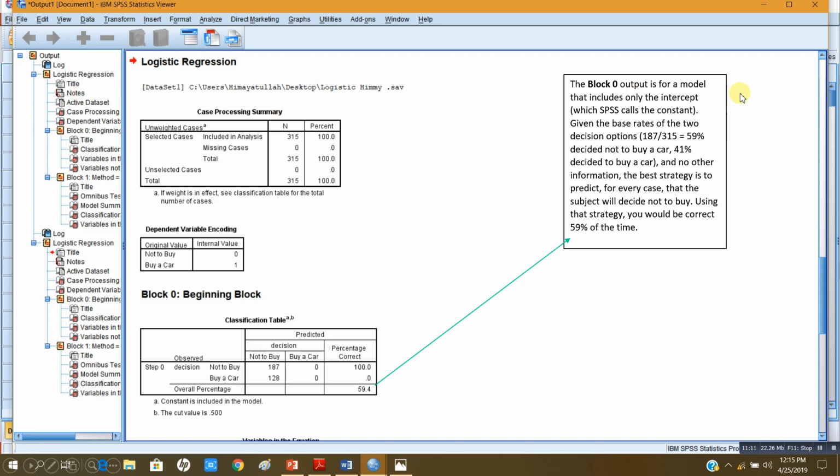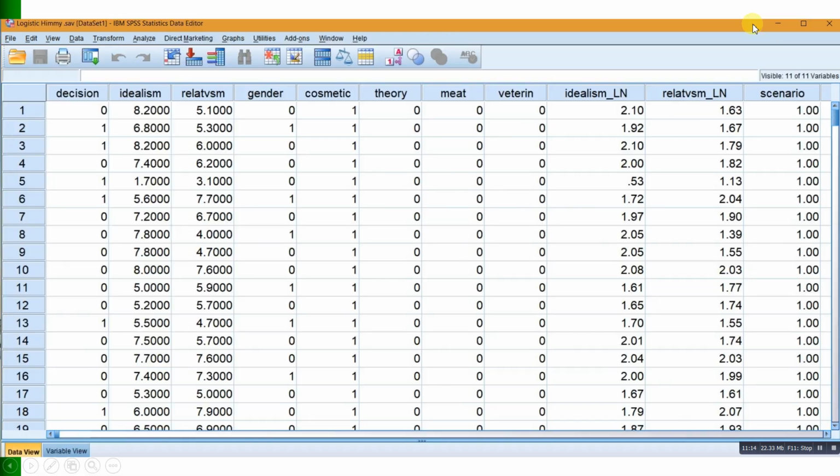This is the dependent variable, and that has 0 and 1, where 1 means the decision to buy a car and 0 means not to buy a car. And there are many other variables, but I am just using this gender variable, where 0 stands for female and 1 stands for male. I will use this file later on, but